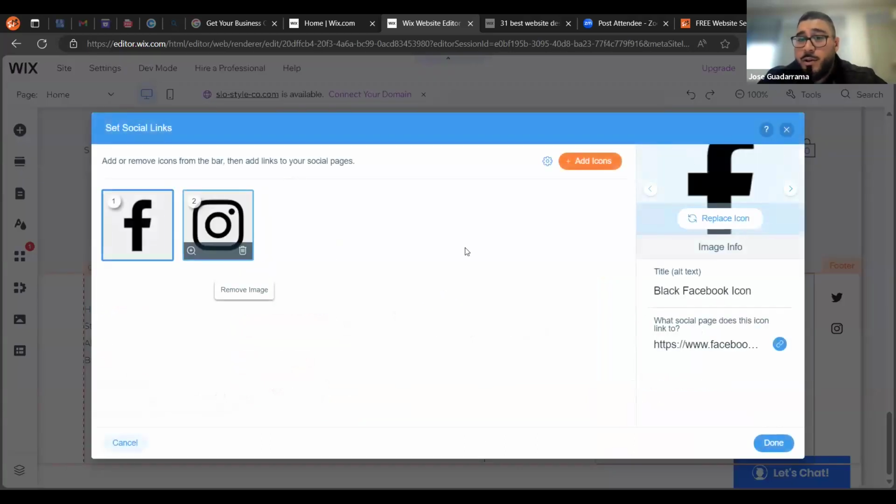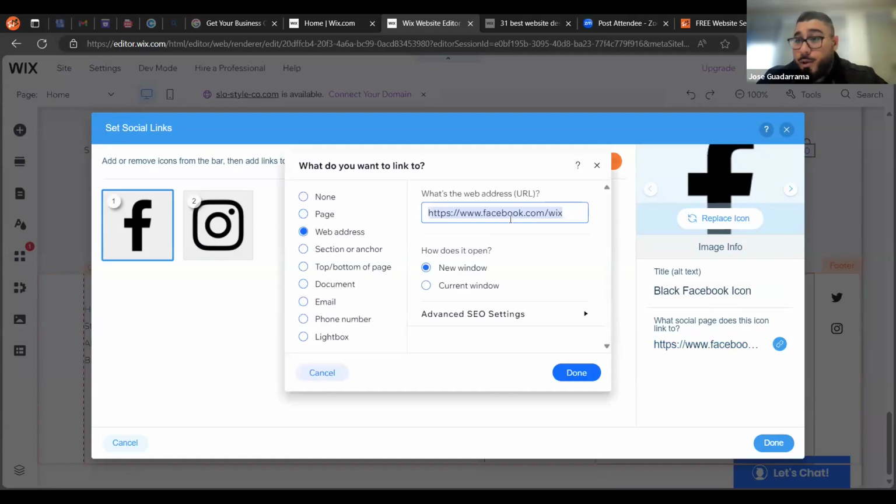Let's say you don't have X or Twitter. Then all you do is highlight your Facebook icon. This is alt text. So remember I talked about alt text, those tacos, the plate of tacos and the soda. And we're just typing in the information that it is. This is a good opportunity to put your alt text. So black Facebook icon. It's that simple. It's that generic. Then you just highlight your URL, you paste it, click done,